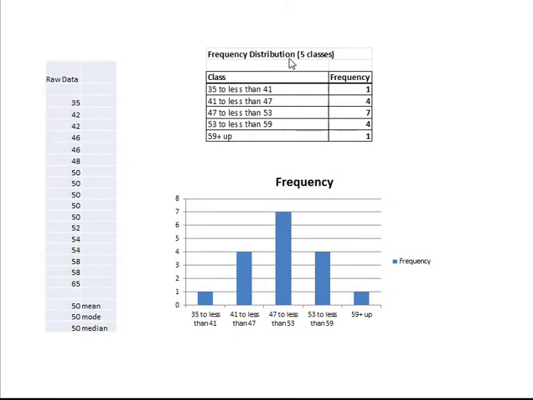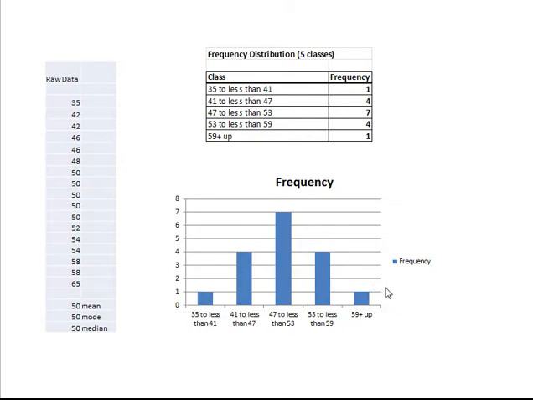So we put it into a frequency distribution using 5 classes, and here is the distribution. You can see that we have some symmetry going on here. So this central class has 7 and then 4, 1, 4, 1. And if we graph this on a frequency distribution chart here, you'll see that it is symmetrical. You can kind of follow it around, and it's starting to make the bell curve shape, which is normal for